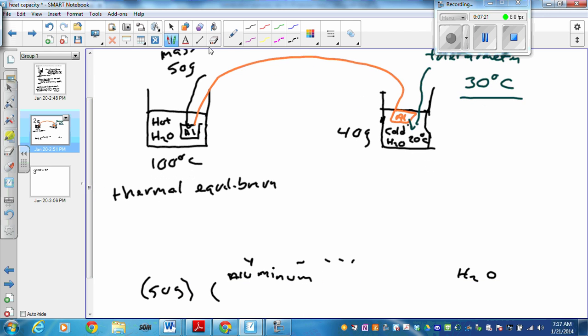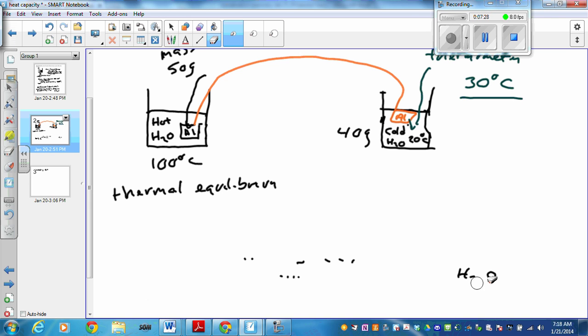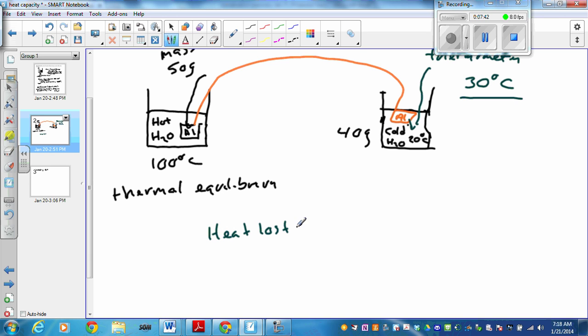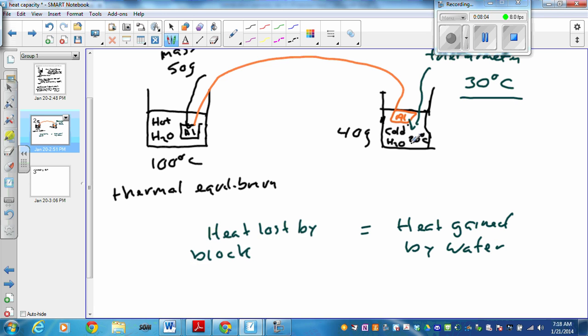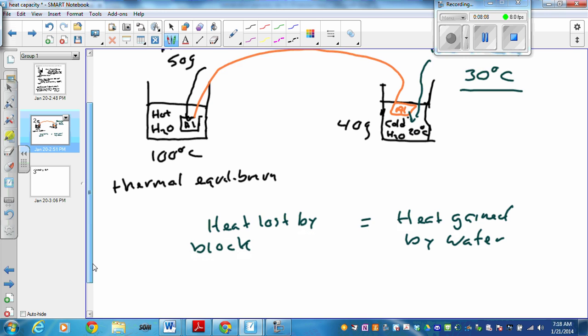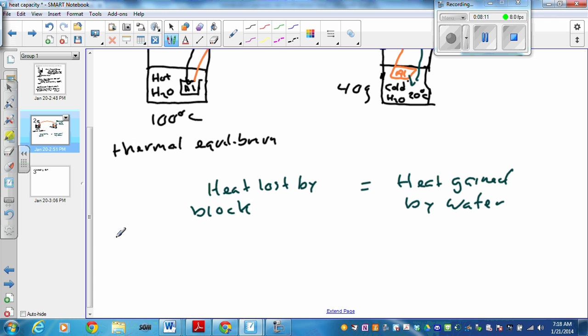Well, there's two things that are going on. What's occurring is that the block is losing heat and the water is gaining heat. So we can think in terms of logic. We can say that the heat lost by the block is going to be equal to the heat gained by the water. And since we can measure this process and we know something about water, then we can actually continue to evaluate what takes place. So the heat lost by the block depends on the mass